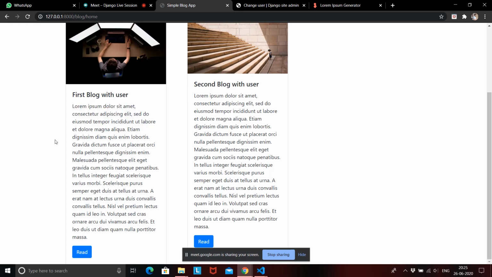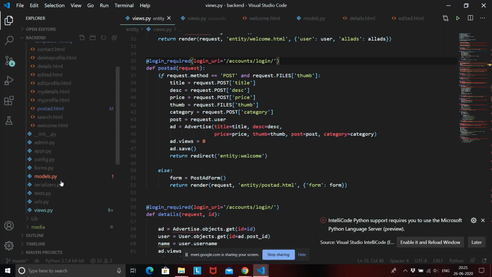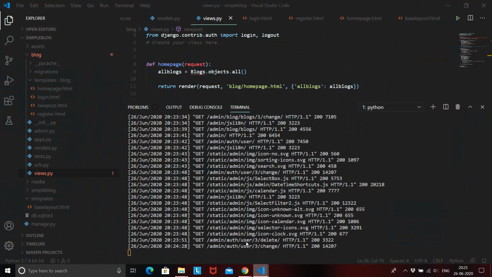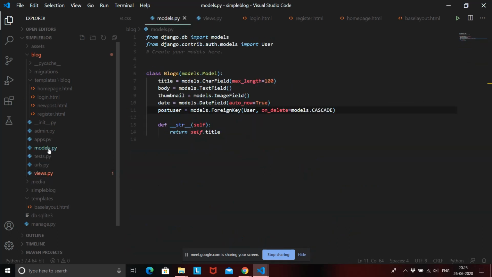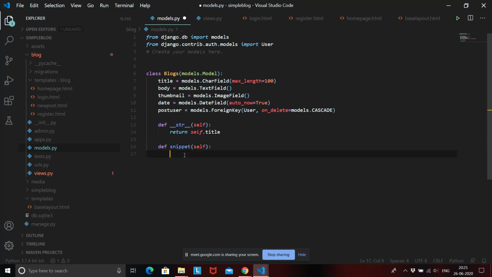Let's go to our models. Where is our model? Okay, if we go back into our models, here we can create a function. Let's say def snippet, which takes self as a parameter, and we are going to return self.body.